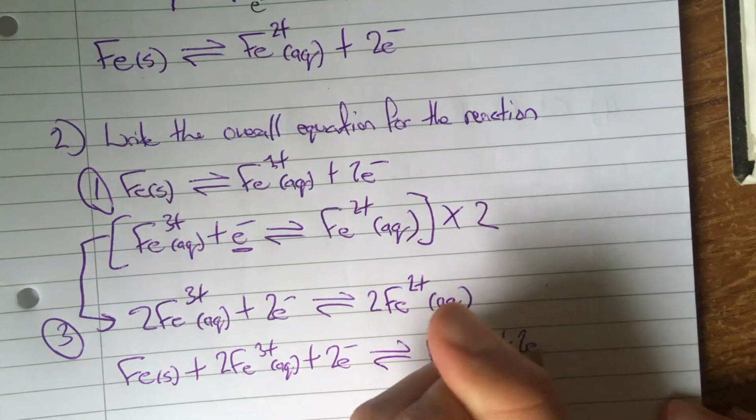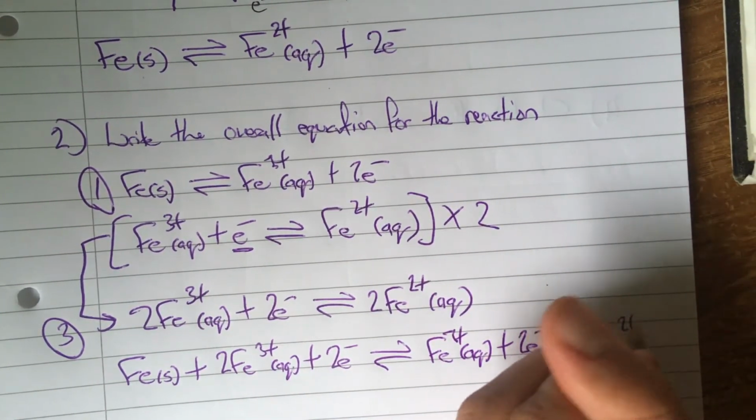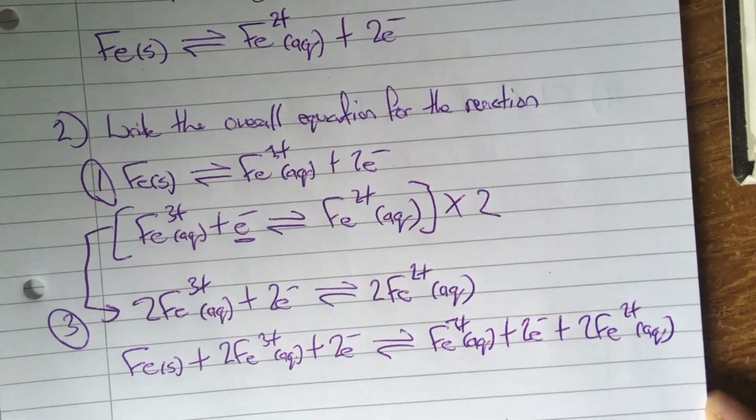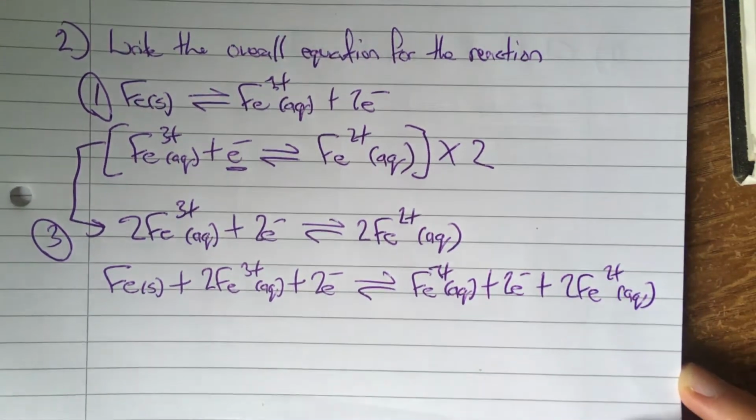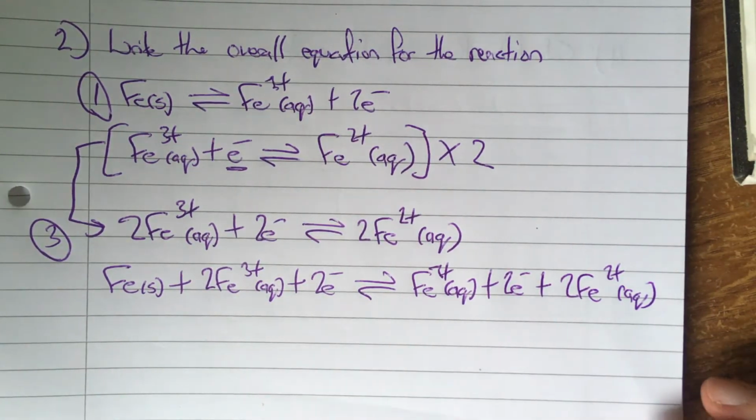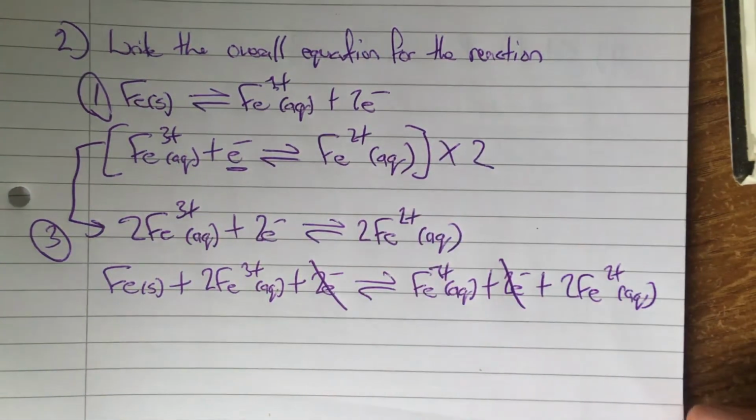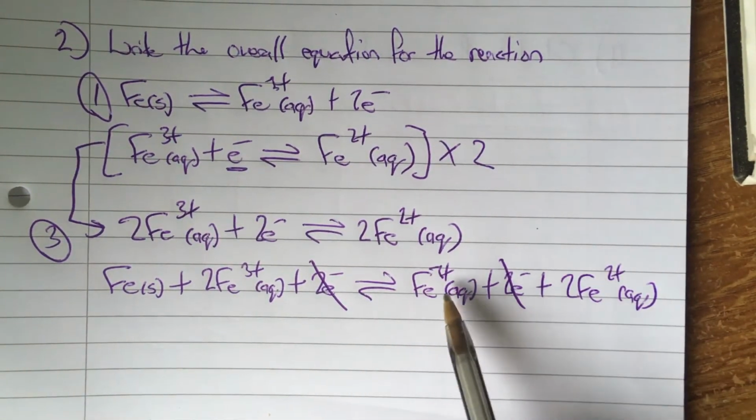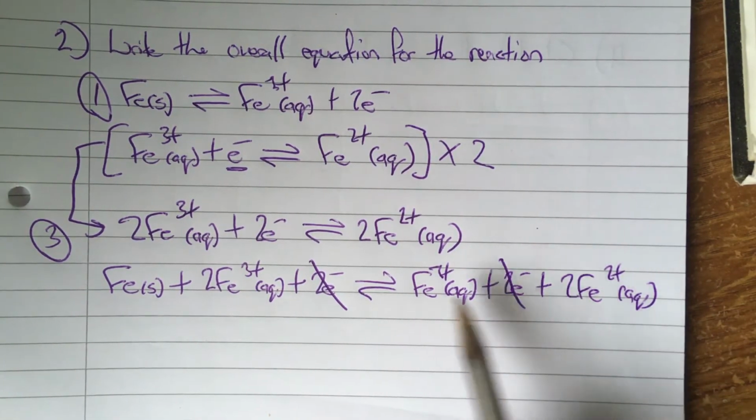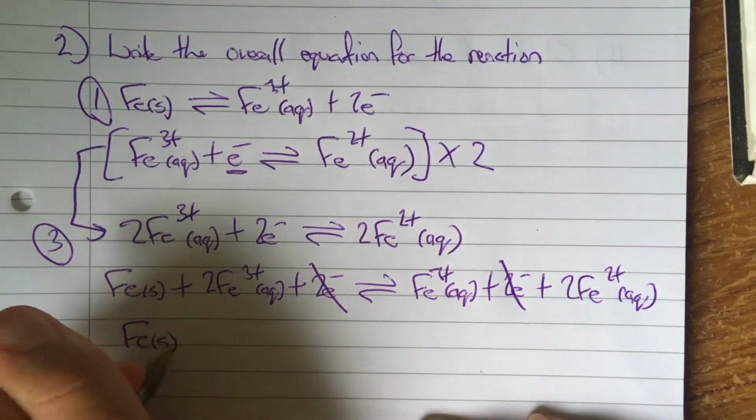I've got 2 electrons, and I've got 2 more Fe2+. Great, okay. So now I've got my combined equation for this overall reaction. I know that I've got 2 electrons on both sides, so I cancel those out. And I've now got Fe2+ and 2 Fe2+, that's going to be Fe3+, 3 Fe2+. So now I can simplify my overall reaction